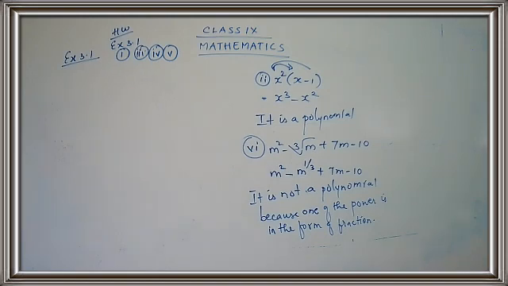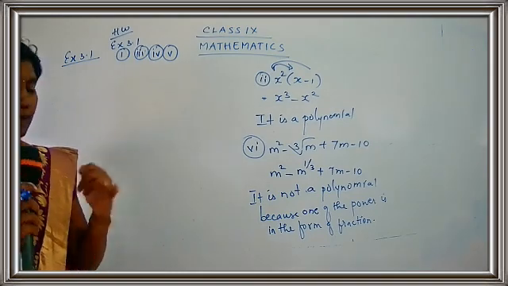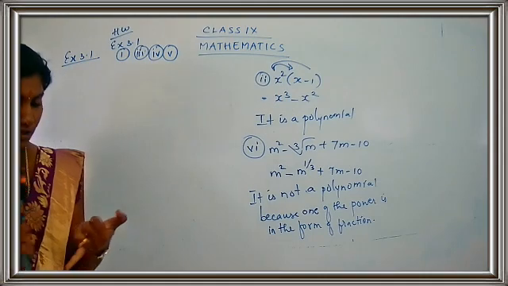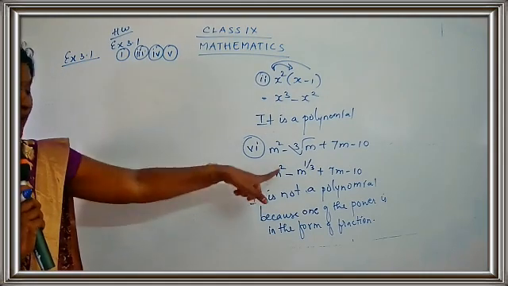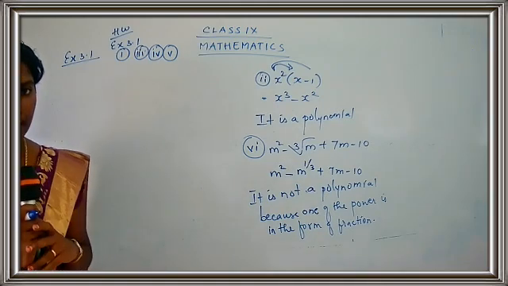So we have completed the first subpart. Yes, children? Totally 6 subparts were there. We have done 3 in our classwork and 3 are for you as homework. So are you clear with the first part? When you call a particular expression a polynomial, it should contain a non-negative integer power. Okay, children? There should be no negative power. Only a positive power should be there. If you have a negative power, it is not a polynomial. If you have a fraction power, it is not a polynomial. Just keep this in your mind and write the answer.